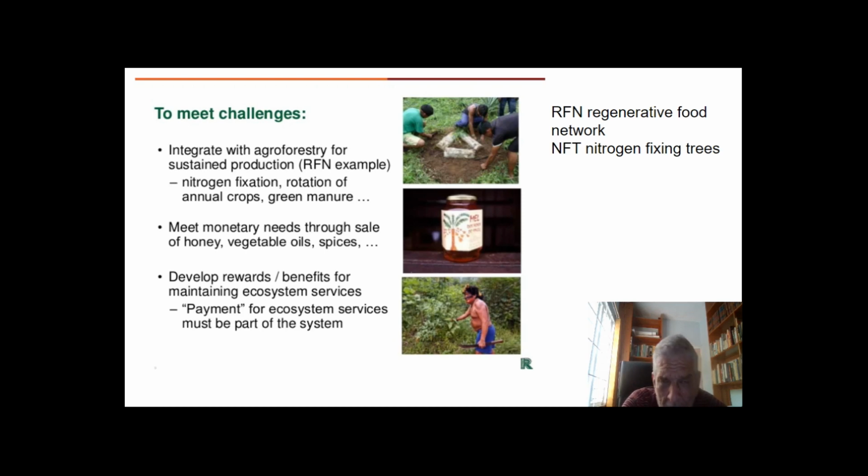For example, after fires, and you might have heard that recently even the Amazon has been facing forest fires, which didn't used to happen. But the land will need regenerating, and we can use what is called a regenerating food network,